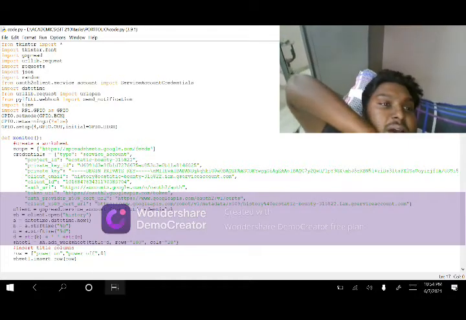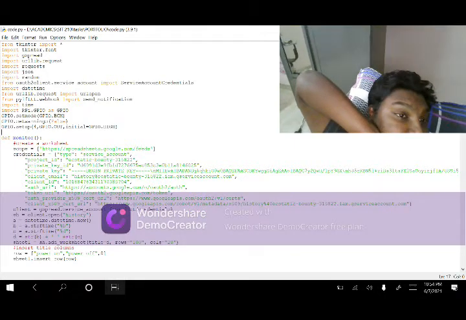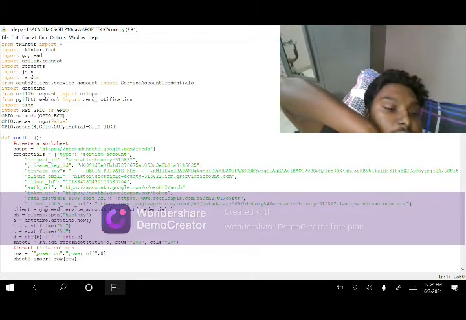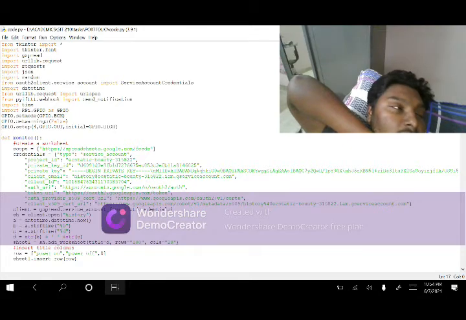Then I used urllib request, JSON, urlopen, all these. These are used for HTTP requests. To send HTTP requests, I'm using the datetime object, time object, and RPi.GPIO, which will be used to access the GPIO pins for the LED.